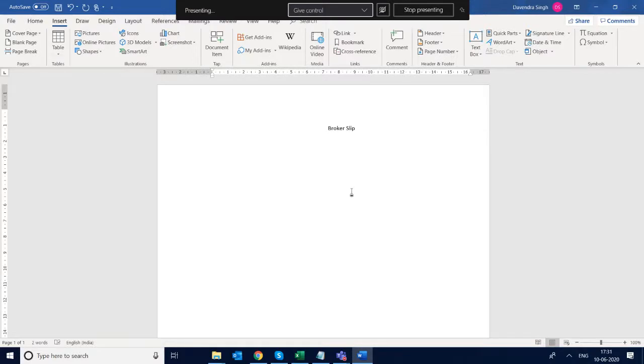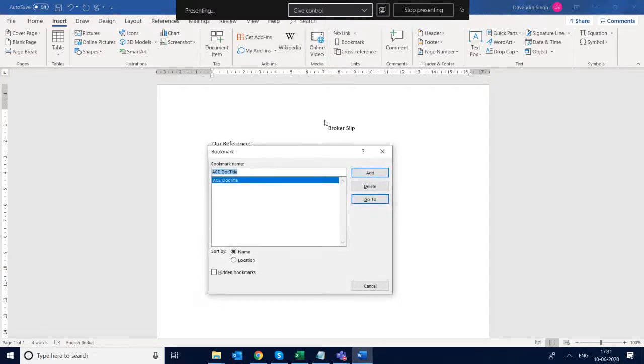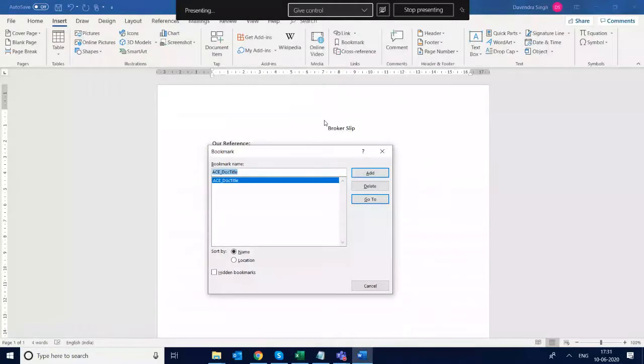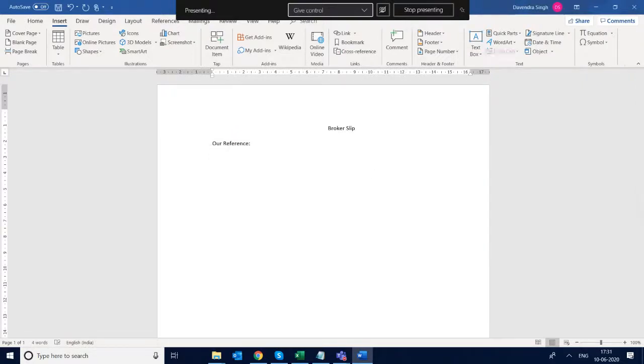Now I'll add a reference here. And I can again insert a bookmark there, and we'll pick it from here as the reference number. Next I can add,